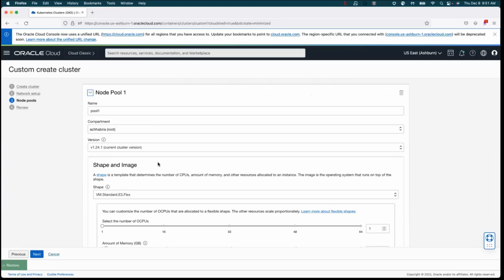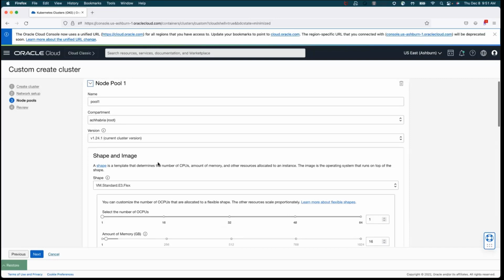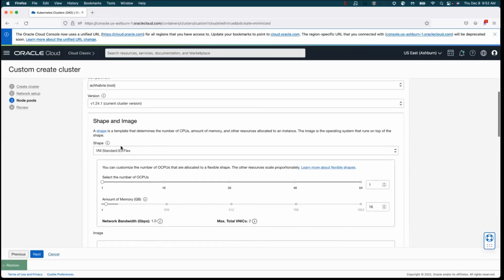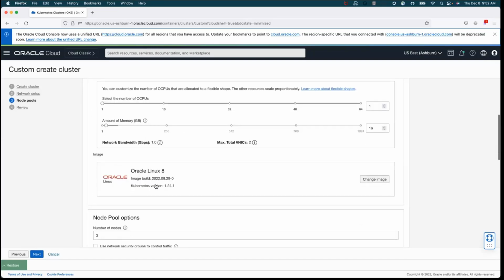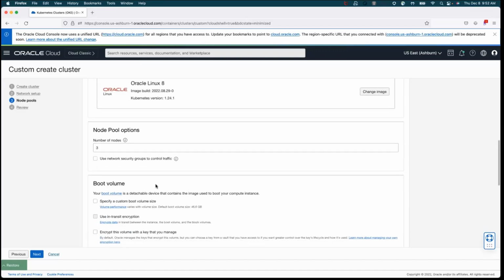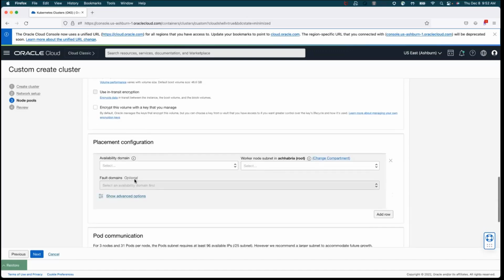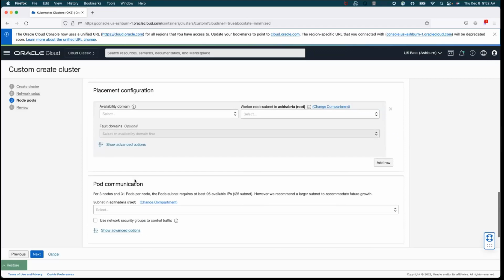The node pool has pretty much the same configuration, wherein I define the name for my pool, select the version, and define what would be my shape and size for this particular node pool. I can play with the number of CPUs or memory I could allocate, select the images, and just select the defaults. But here, as you can see, we really want your worker nodes to be highly available. So what we do is we really